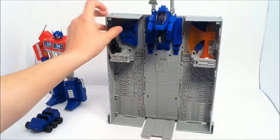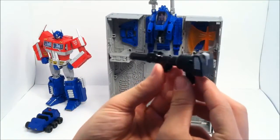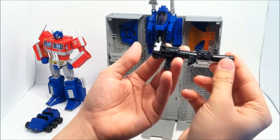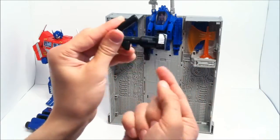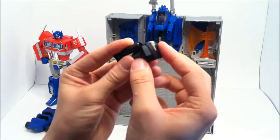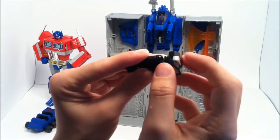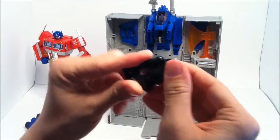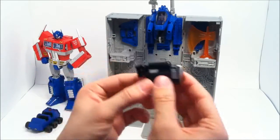Now over here we have his gun, which doesn't really lock in there too well. I do love the look of this. Absolutely cool looking. But you just simply flip this over, push it back, and when you push it back, the handle will go up, as well as the rest of the barrel. And then this section has to be pushed in. Just make sure you're not pushing this little gray bit here, because that's how you release it and it shoots out. And then it'll stay like this,